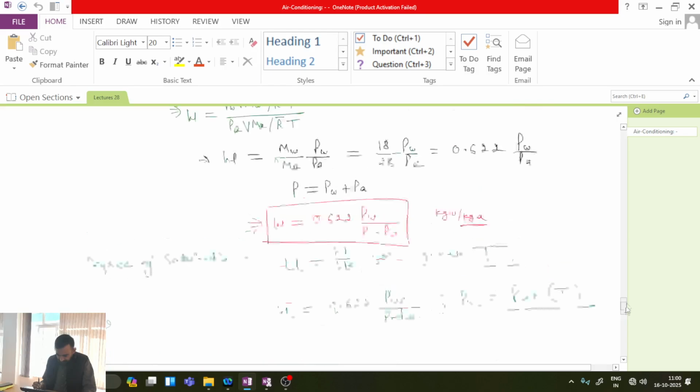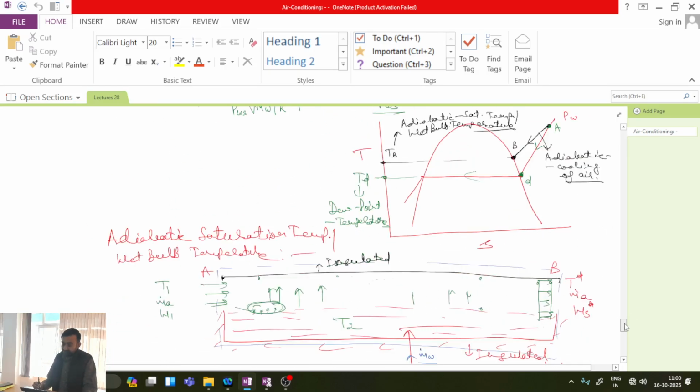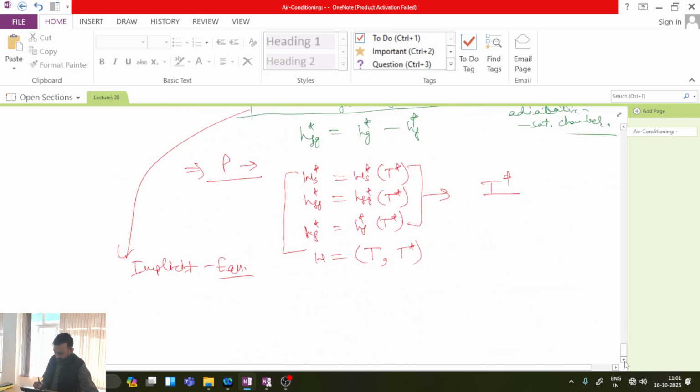In the previous lecture, we were discussing important things and a very important parameter of moisture, which we named the adiabatic saturation temperature and wet bulb temperature. If you recall, we found that at state A, when the moisture is not saturated, the pressure of water vapor is less in comparison to the vapor pressure, and the water vapor in the moisture is in the superheated state. If we do cooling from point A, we can do two things,